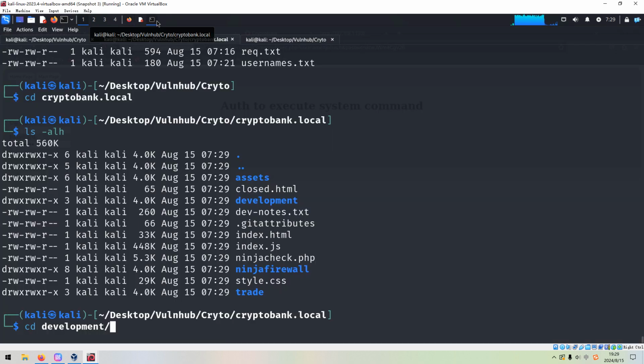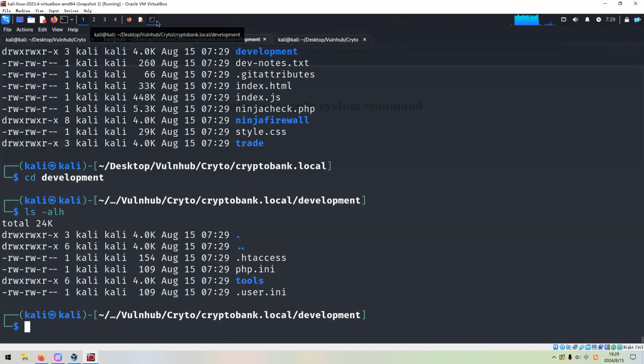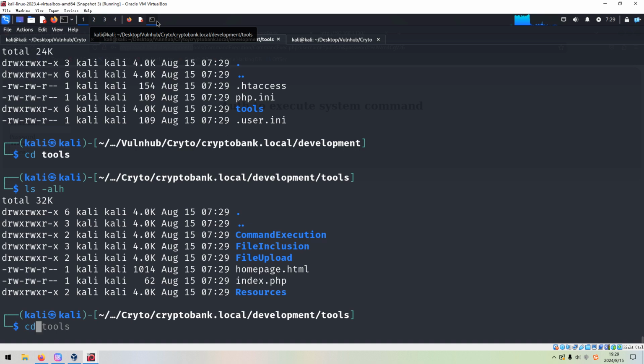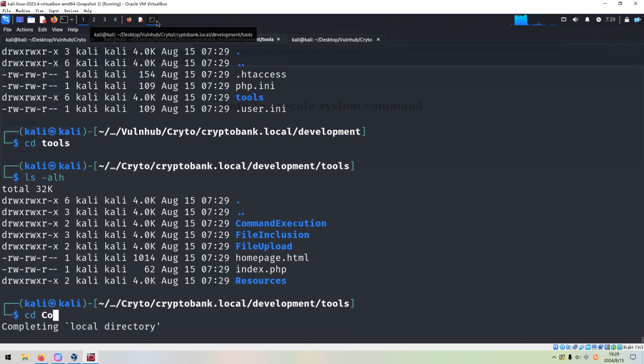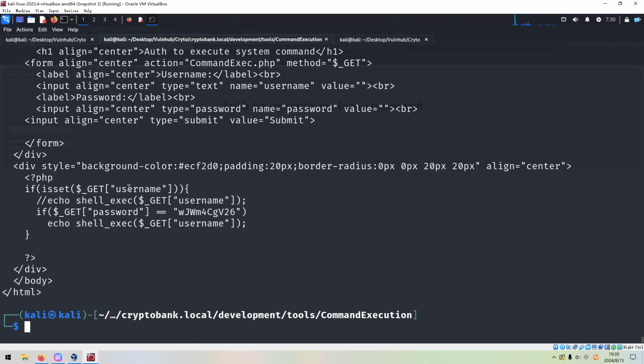Okay, so now we can go to development. Yeah, this is the directory for development, and go to tools and the command execution, and we can get out this PHP file. As you can see, this is the PHP code.